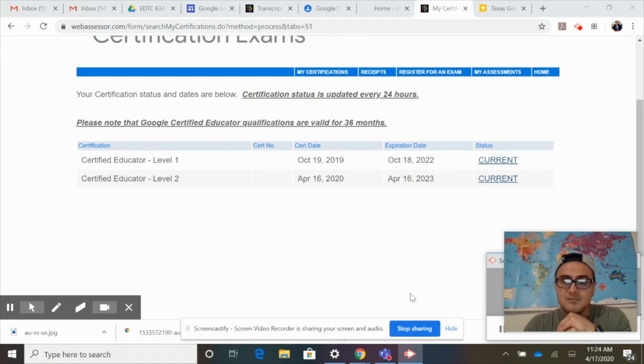So I started to get very nervous when the timer was at an hour and I still had 6 challenge tasks left to complete. So I started hurrying up. I started speeding up the test taking because I was getting worried. A lot of candidates fail the Google Level 2 certification specifically because they run out of time. So I was nervous, but